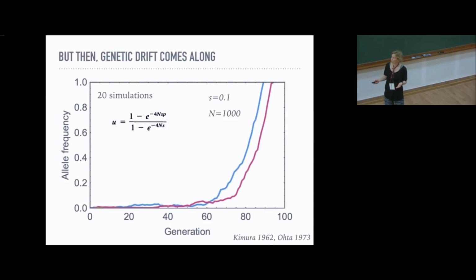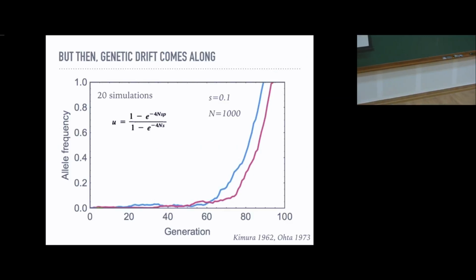And now if you consider a new mutation that comes into the population just through mutation, then in a diploid population this comes in at a frequency of 1/2N because it appears in one chromosome, and then this expression simplifies such that you can come up with an approximation that says that the probability of fixation will be just twice the selection coefficient. So if we go back to this example here, then this means that in a large population,